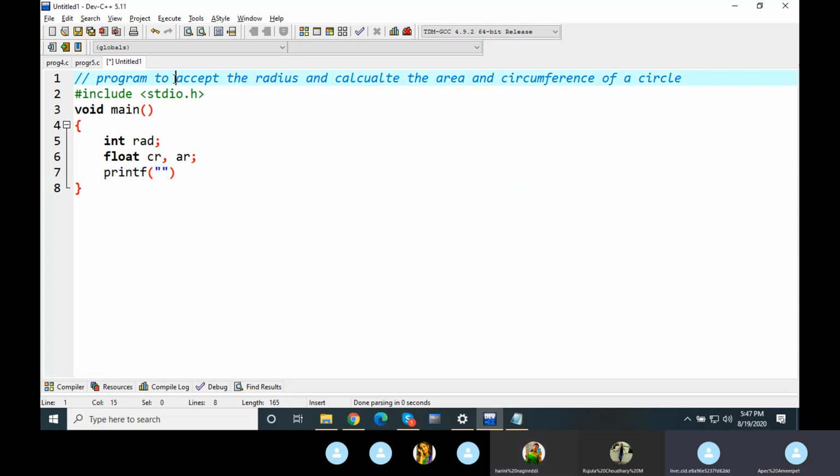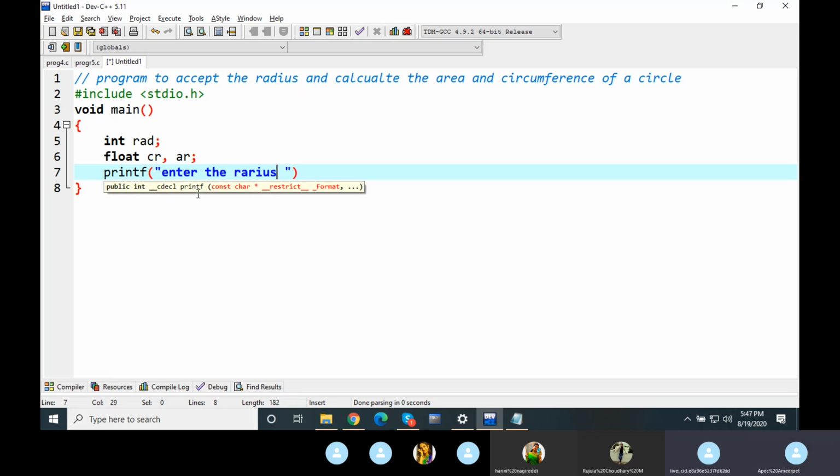We don't use the word accept, we say enter the radius. Enter the radius, you can leave it like this, or enter the radius of circle. Something like this you can give it. Okay. So this is the printf statement.